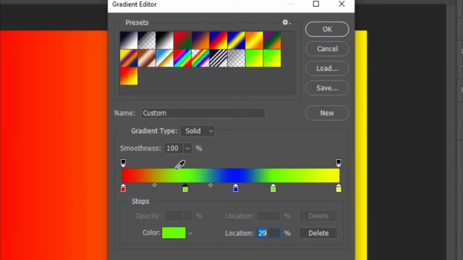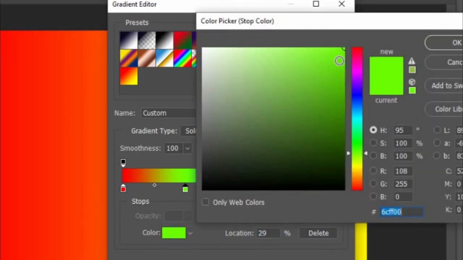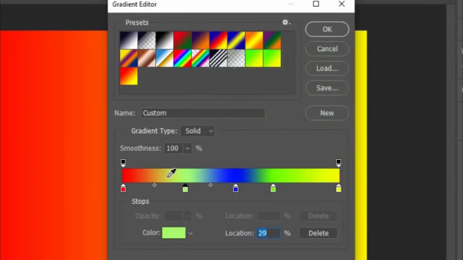If we want to increase the contrast of the colors by choosing a brighter green or a lighter green, you will see that now we've got a clearly visible midpoint here,